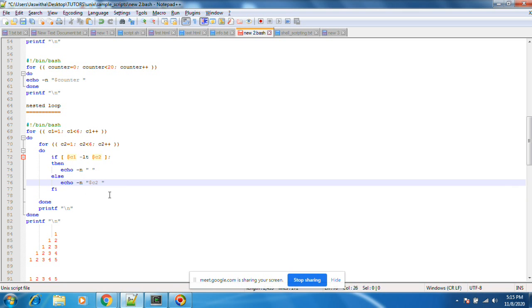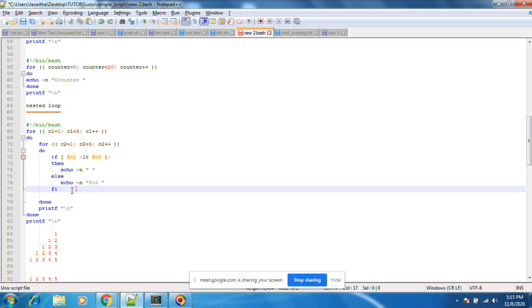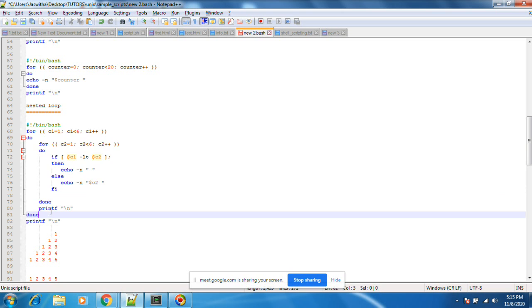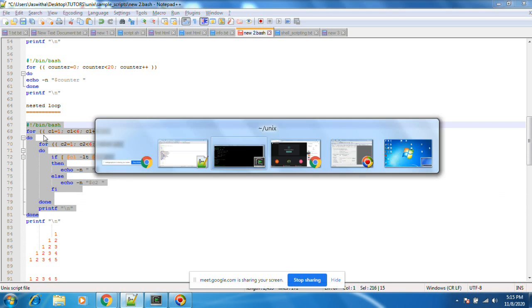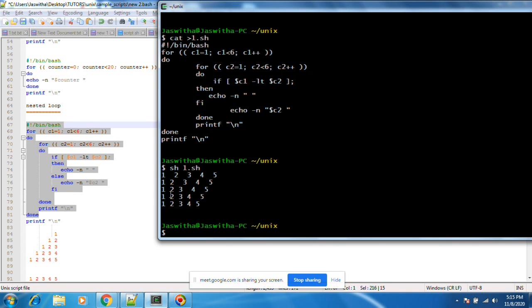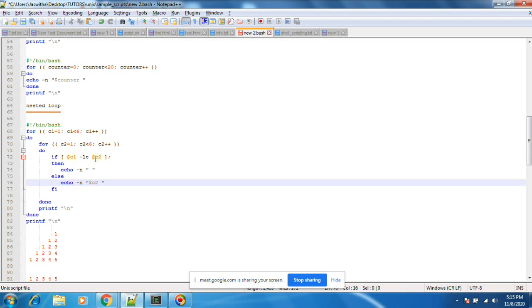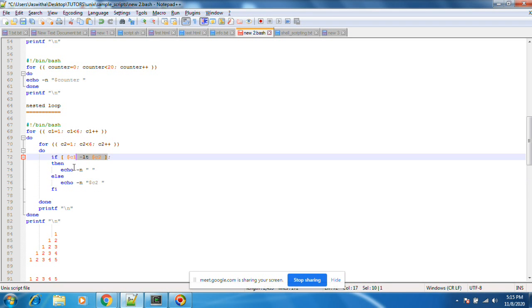I'll keep it inside else. It should work now. See, it is printing this one, but the else part is also printing. Okay, if we keep else, only if this condition is true will this print. Otherwise, it will print this one. I think it should work.